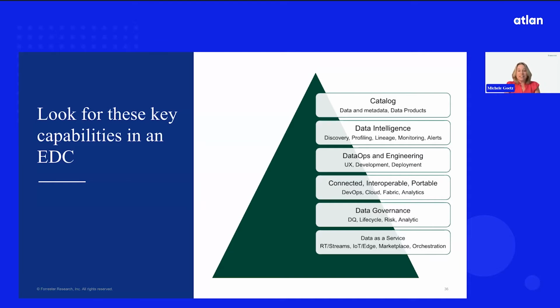So discovery, profiling, lineage, monitoring, alerts, it's not just that low level, did my pipeline work, or is my warehouse performing, but you want to see utilization. You want to see what products are being produced and contributed. You want to see where reuse is coming in. You want to see where there's issues when something has changed, and you've got challenges in there and it's creating anomalies or affecting your machine learning models. And you want something that's going to help you execute on by making a decision or suggesting what you need to do. So you need those alerts within there to make it possible to move forward